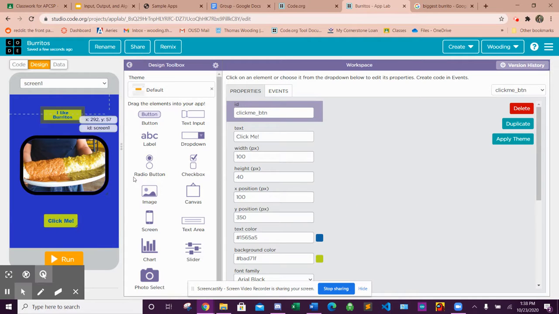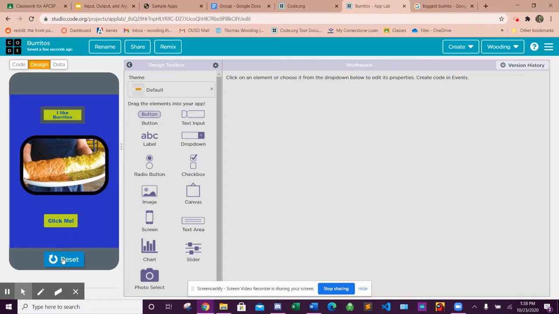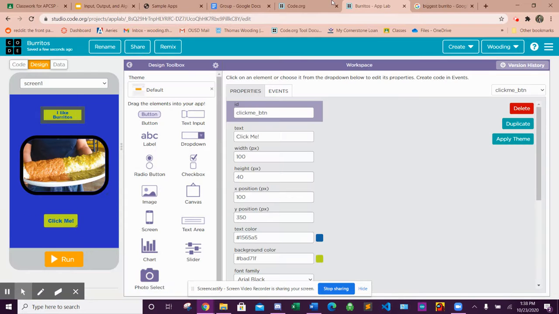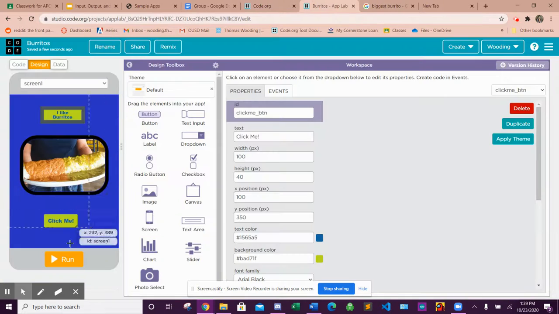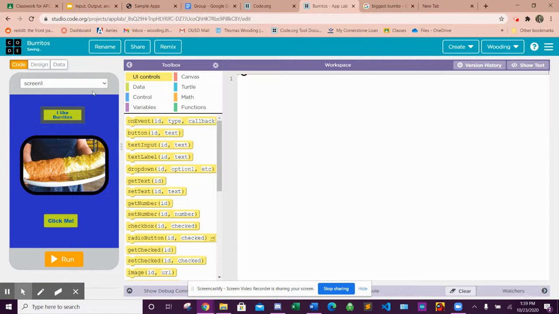Yeah, so this is the basics of what you need. But right now, nothing happens when I click this. And I want something cool to happen. So what I'm going to add is a little sound effect. We can do this by going to code. And we use this thing called onEvent. And this is where the ID becomes important. When you click the click me button,